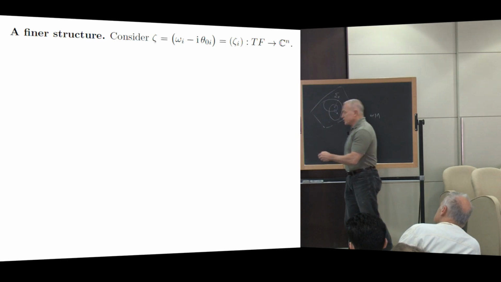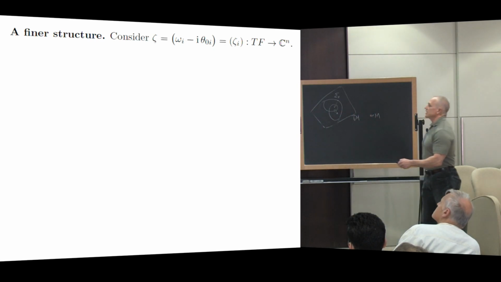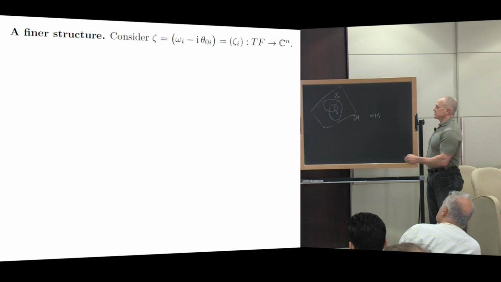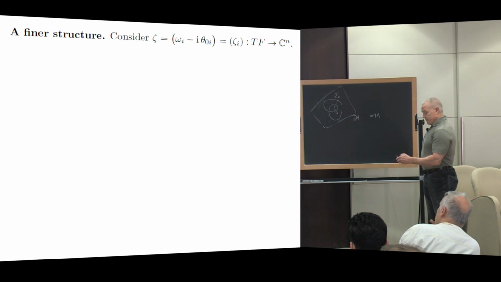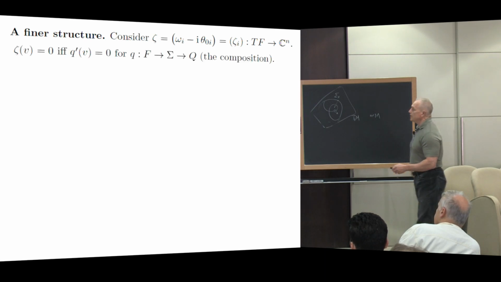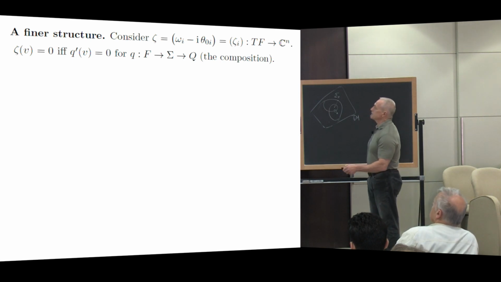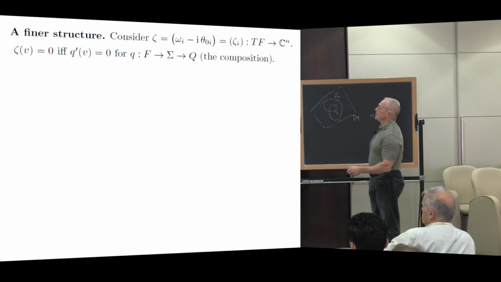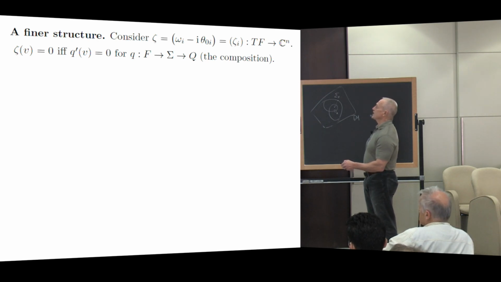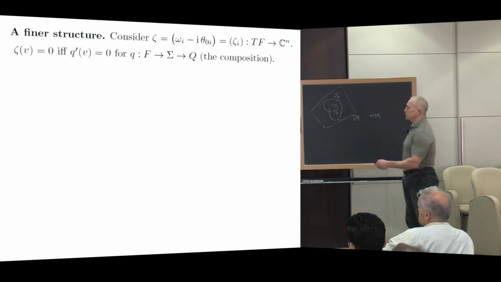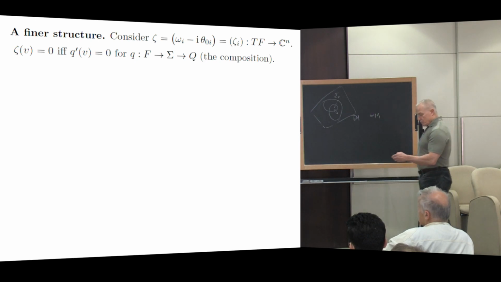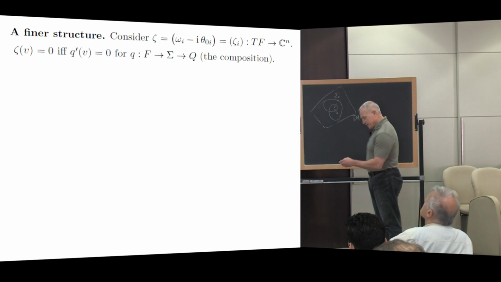If you look at this complex-valued, this C^n-valued 1-form zeta on TF, then you'll notice that the kernel of zeta is exactly the vectors that go to 0 in the map from F to Q, because the omega i and the theta 0 i are semi-basic for Q. And so what that implies is that